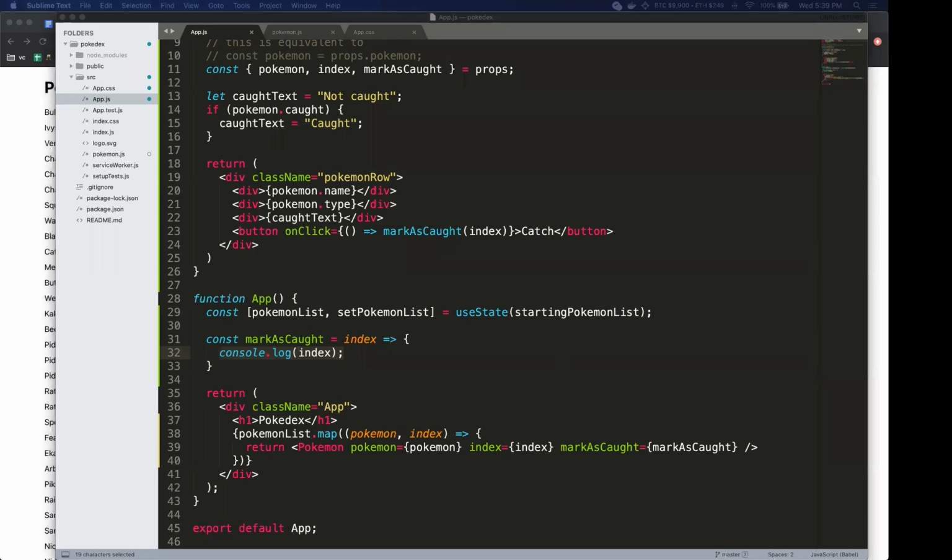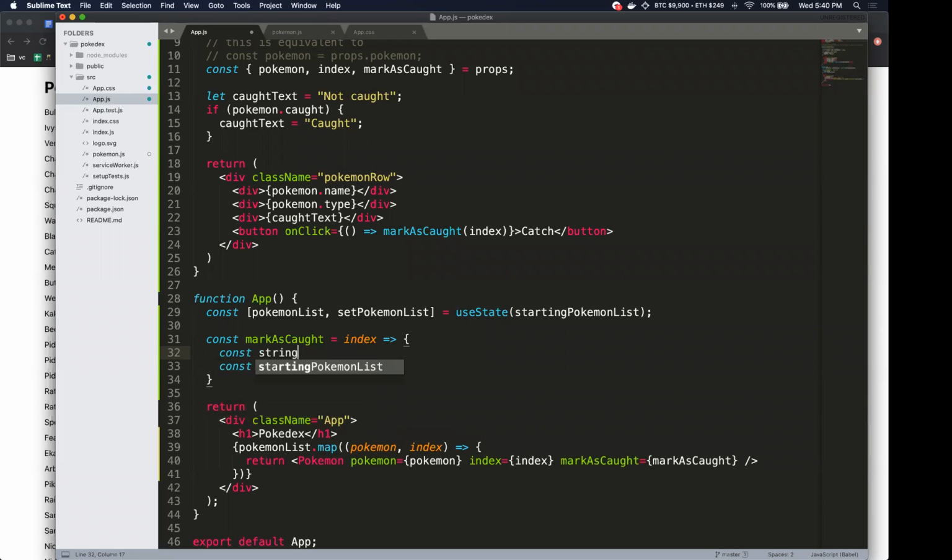Because remember, if we don't create a new array, then React won't update our state, right? So the main thing we have to do here is create a cloned Pokemon list again. So cloned Pokemon list equals,